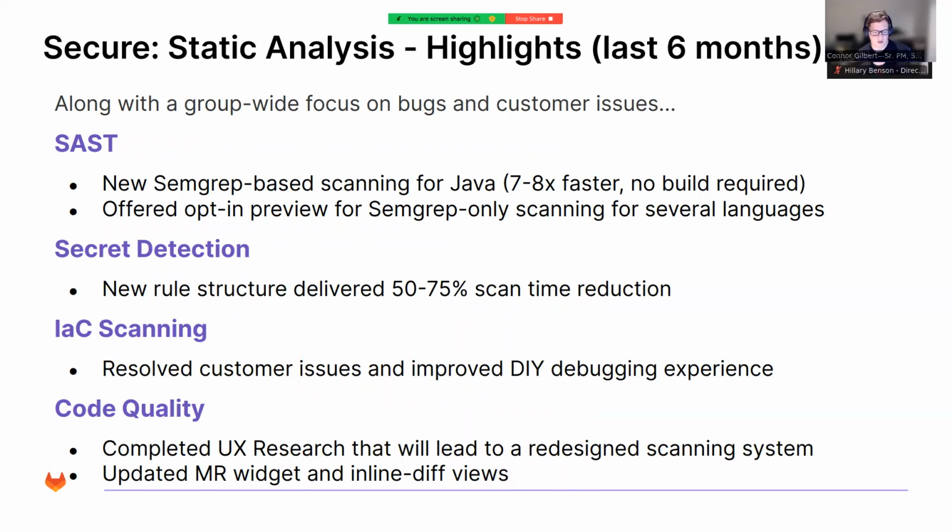Great, thanks, Dan. So my name is Connor Gilbert. I am the product manager for static analysis. That covers 3 categories: SAST, secret detection, and code quality. I call IaC scanning out separately as well, because it is a little bit different from the other ones. So I'll talk to each of those categories today, and the main highlights that we've had from the previous times